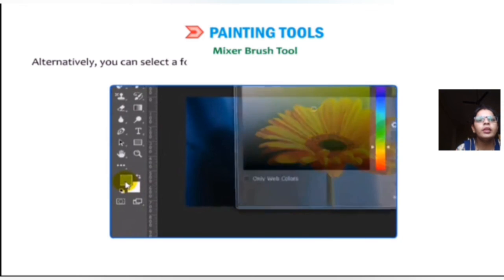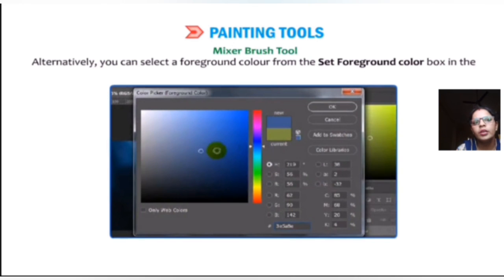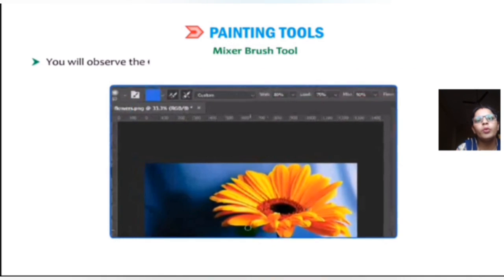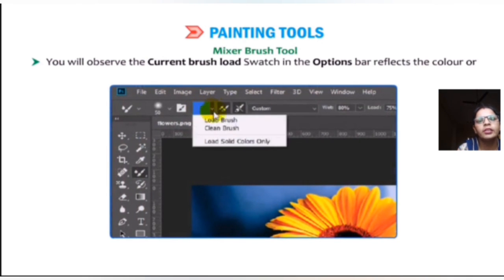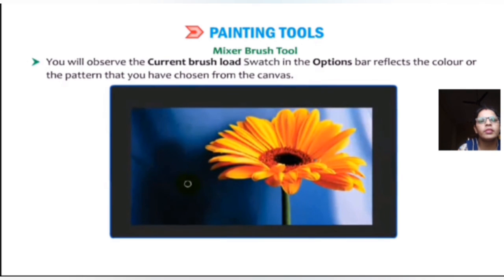Alternatively, you can select a foreground color from the set foreground color box in the tool panel. You will observe the current brush load switch in the option bar reflects the color or the pattern that you have chosen from the canvas.